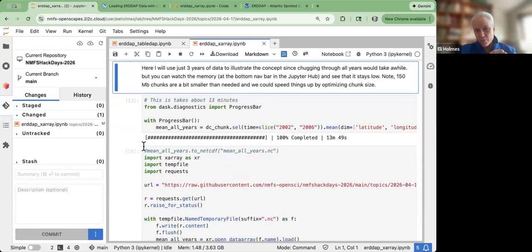And I put a little progress bar here. You can watch it. Yeah, so I didn't try to optimize at all. I didn't set up any workers. I just let it do whatever the default was. So yeah, maybe if I had